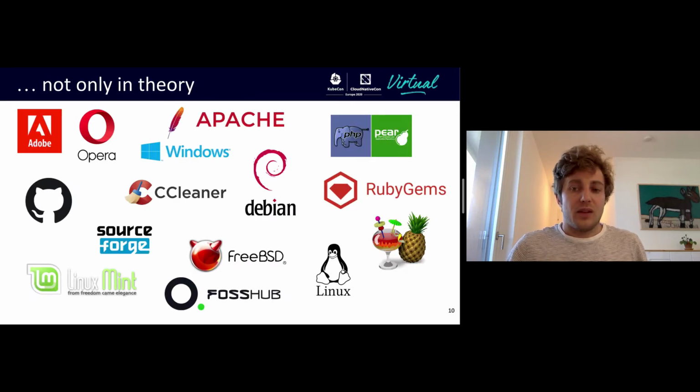So these things not only happen in theory. Here's a little list of platforms and products who all had their publishing infrastructure compromised. The effects were varying, but I just want to show that these things do happen. So we do need to have a plan B for when a compromise happens. A very natural approach for many would be to just sign it.